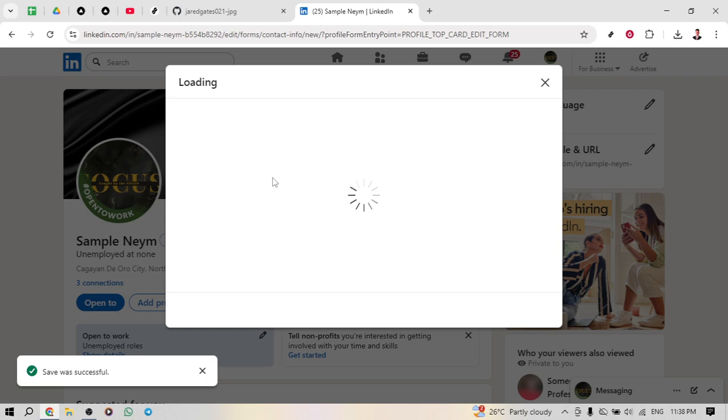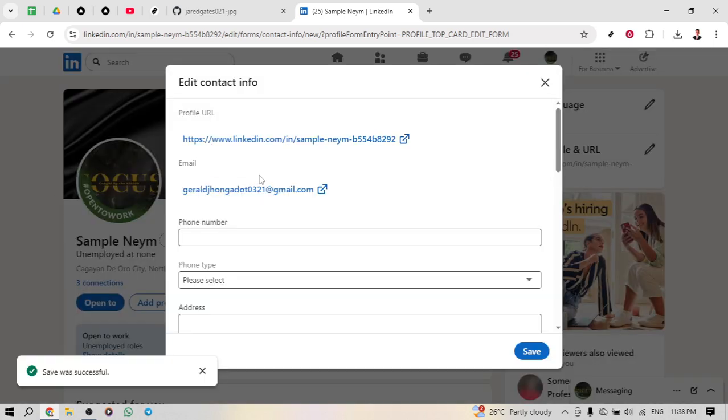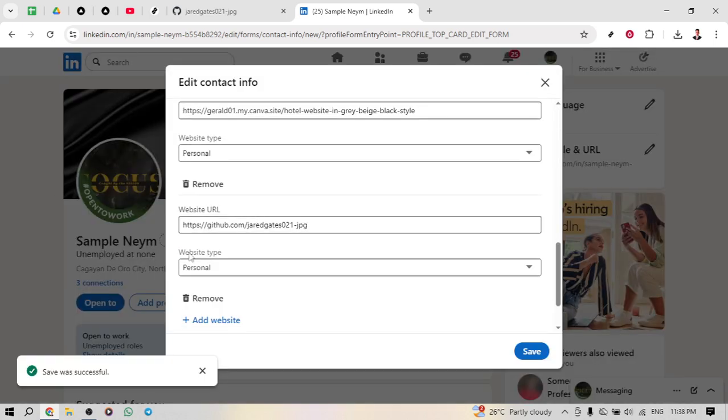With these simple steps, you have successfully added your GitHub link to your LinkedIn profile, providing viewers a glimpse into your coding journey. This can be a valuable addition to